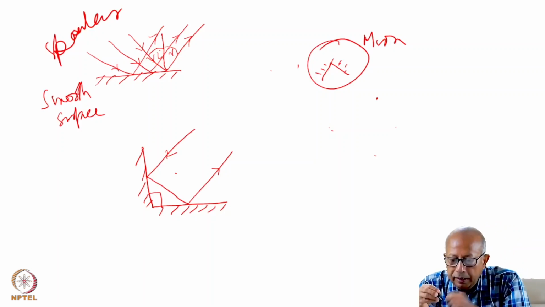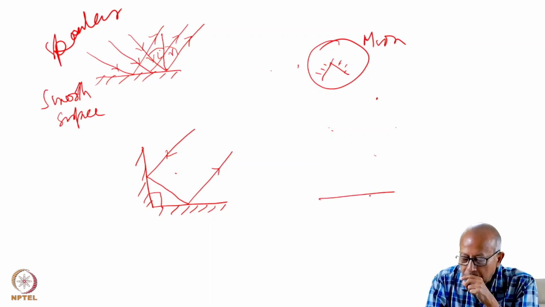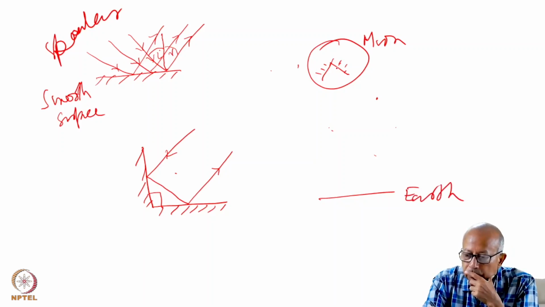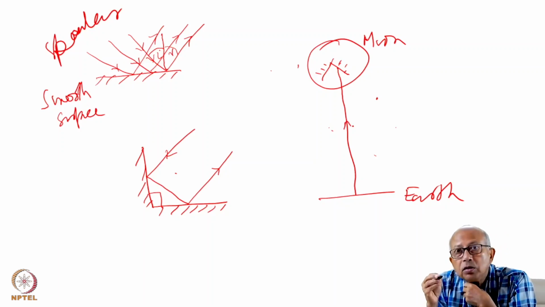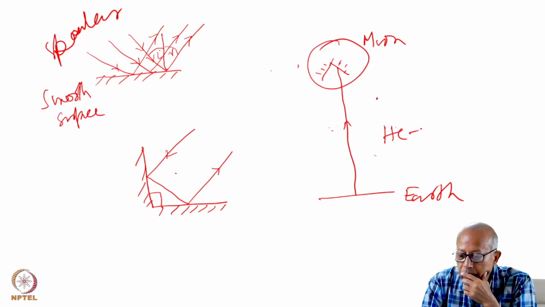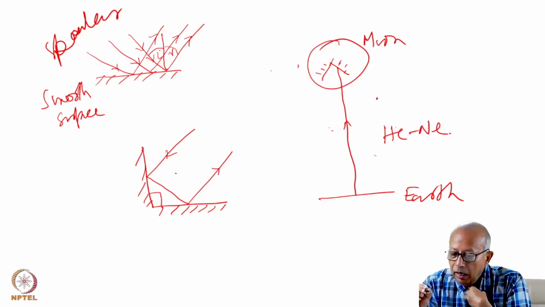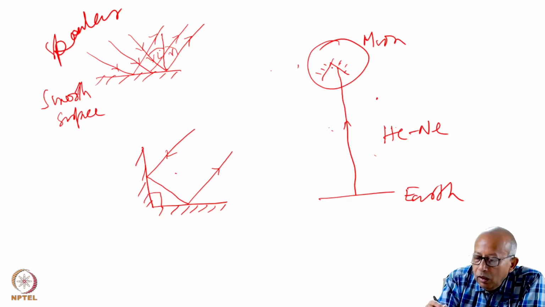Subsequently, a highly directional laser beam was aimed from the ground station to this mirror, which was earlier placed on the Moon. So this was a highly directional beam of light, a laser beam. Actually, a helium neon laser was used for this experiment, and we will learn more about the helium neon laser very soon. So after this retroreflection,